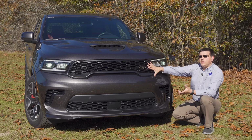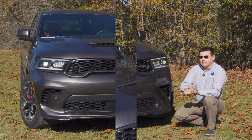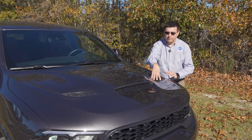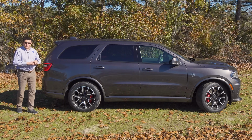The bumper is new for 2021, but you can see that the styling is very similar to the SRT model from last year. There's some additional vent openings down lower in the bumper. The hood's pretty similar to last year's SRT model. We have functional vents to let air out of the engine compartment and of course let air in right there up front as well. For 2021, Dodge made no sheet metal changes, so the side profile looks exactly the same